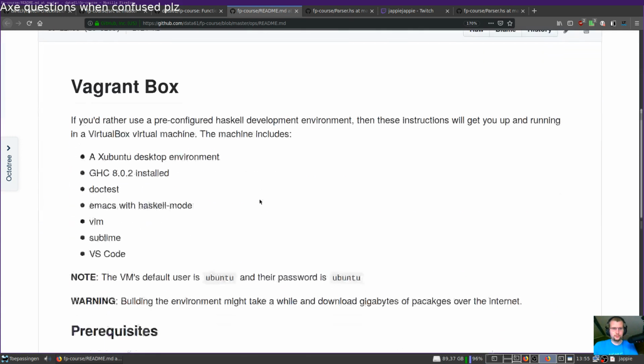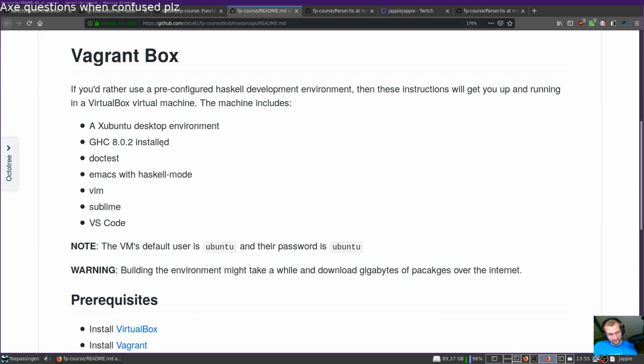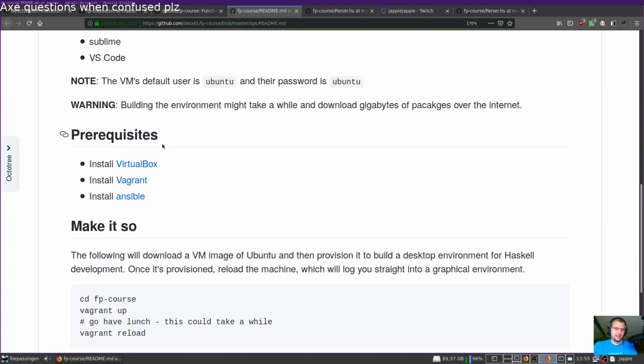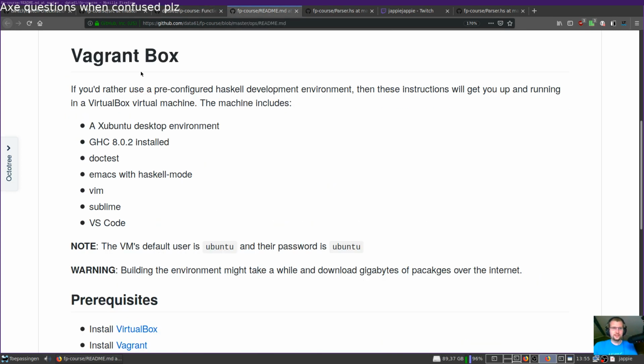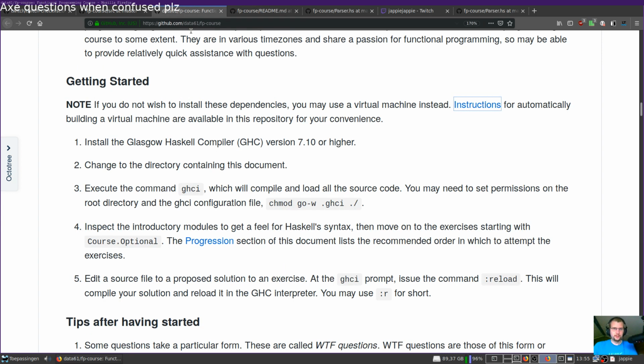Like, download VirtualBox? Oh. Okay. Let's not get into that. Vagrant is like Docker Compose except for virtual machines. So it's even more powerful, but it's also a lot of clunkiness, basically. Nick should have done this for us.